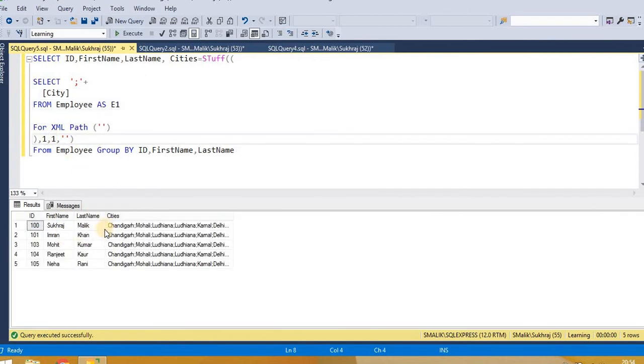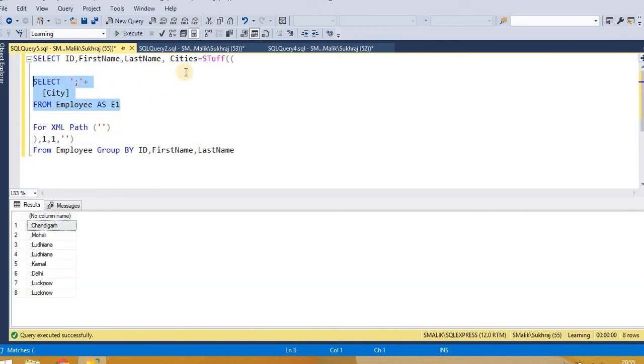When we run it, see here the semicolon is not at the start. If I say here 0, not this one, in that case see it's not removing that particular semicolon. That's why we are using 1 here. And this is repeating, meaning whatever we get inside here will be repeated for all the rows.